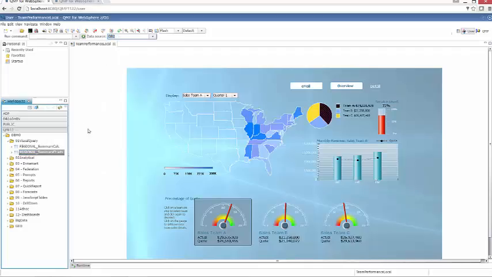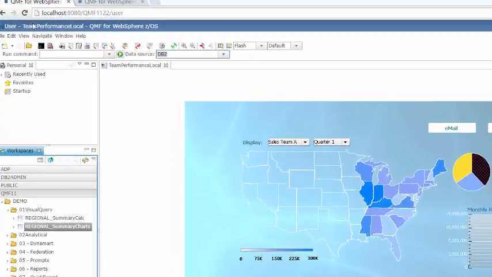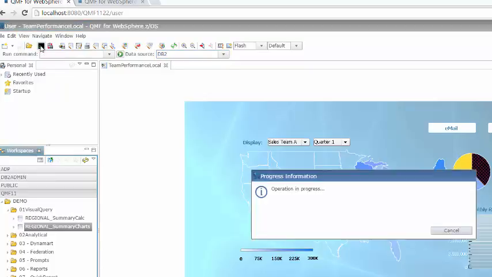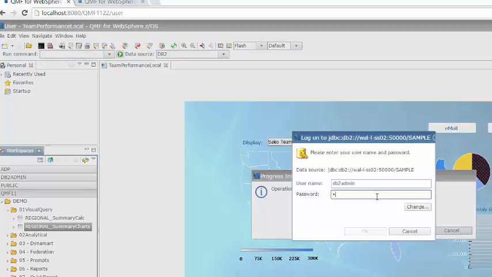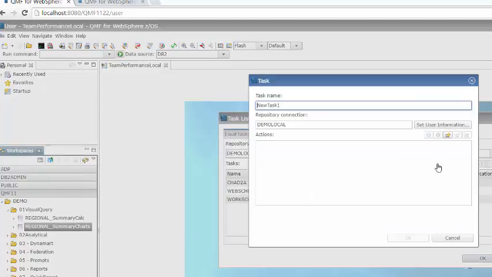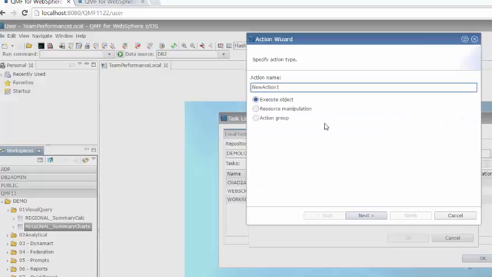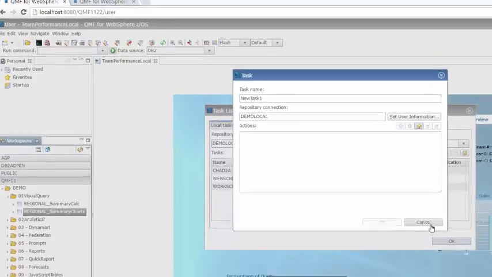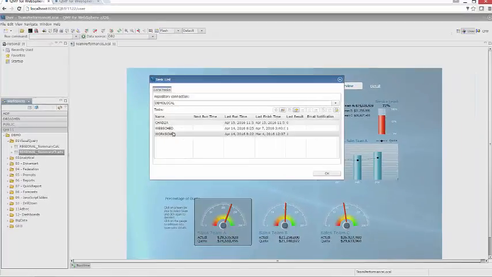And finally, for some of these reports, or some of these actions, such as that procedure that I had shown earlier that did the multiple reports along with the final summary report, QMF for WebSphere has a built-in scheduler that allows you to make a connection, add a scheduled task, pick a procedure or a query, and as you walk through the wizard making the choices as to what you'd like to have happen, in the end you have the ability to schedule that task